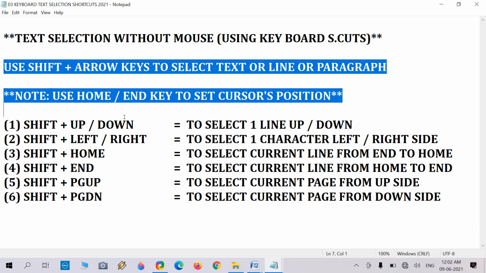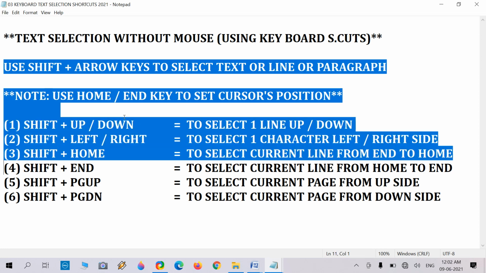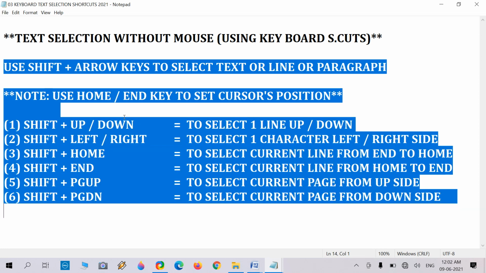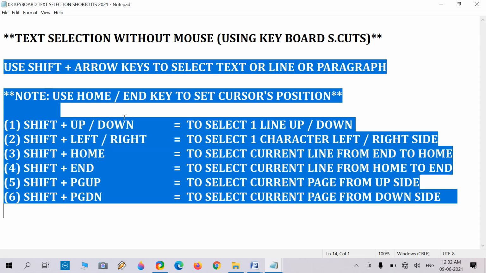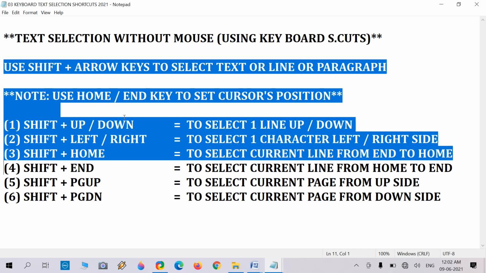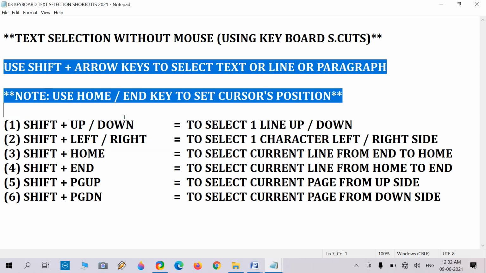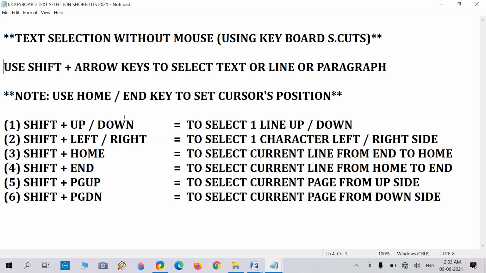Look here, this will select. Now I am pressing the up arrow. It will deselect the selected line. Again, the normal thing.